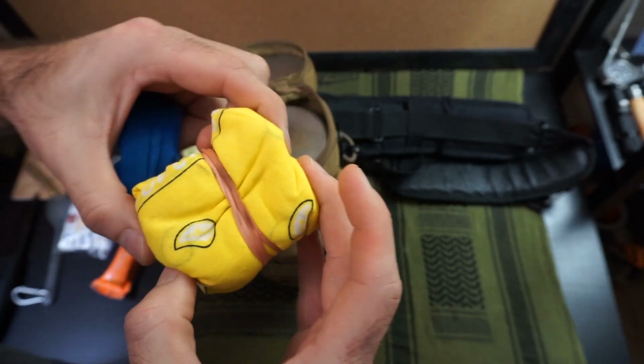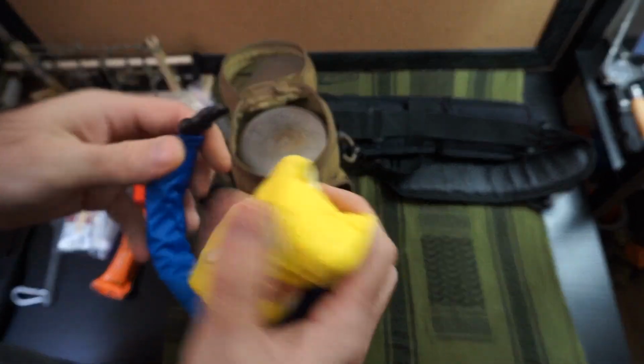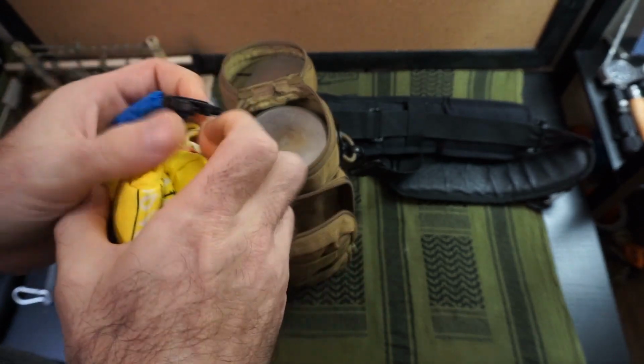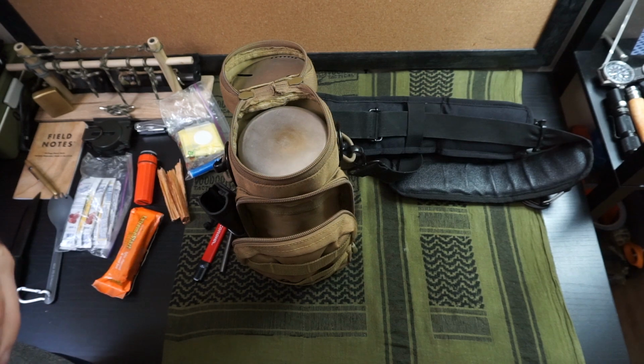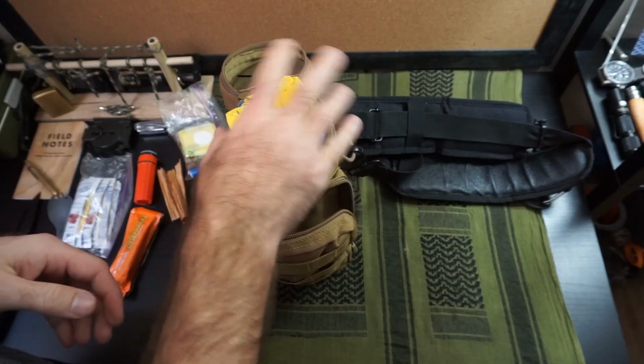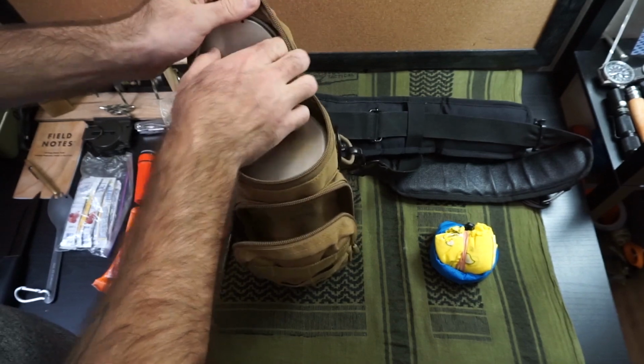Inside I have a couple bottles of water purification tablets, and also the one that gets rid of the weird iodine taste. So have all that in there. Like I said, that fits right on top. That's perfect for me. Okay, keep the lids, the cups up here,